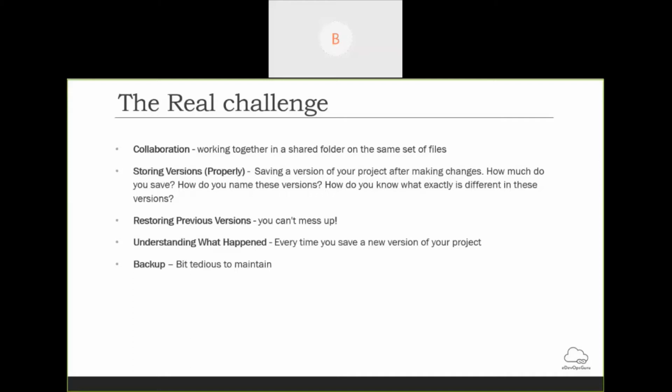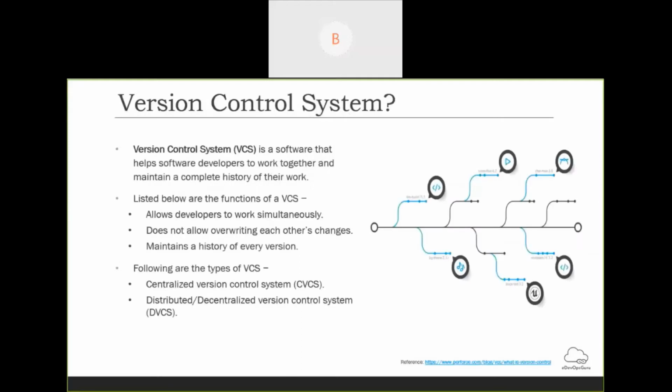So developer 2 will take the backup and store it on their local machine with some naming nomenclature. Again, developer 3 will take the backup of developer 2 with some naming convention. So it is tedious to maintain all these backups, and it will unnecessarily make your server as well as your local system heavy. So to avoid all these things, a version control system comes in.